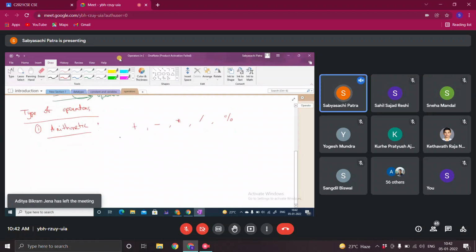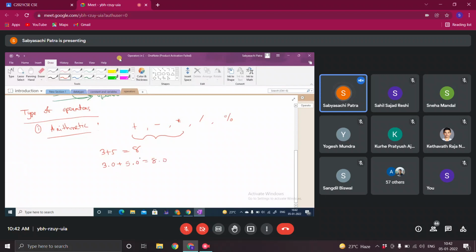Is that clear? I hope all of you know plus, minus, star, division, and modulo division. Plus, minus, multiplication, no issue. These three are very straightforward. 3 plus 5 equal to 8, right?